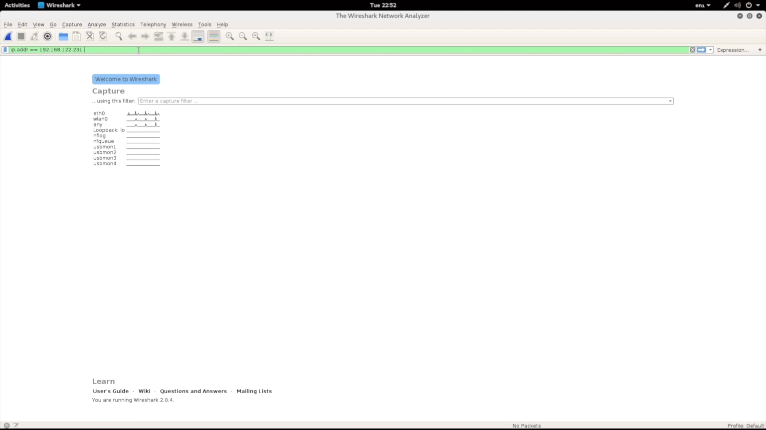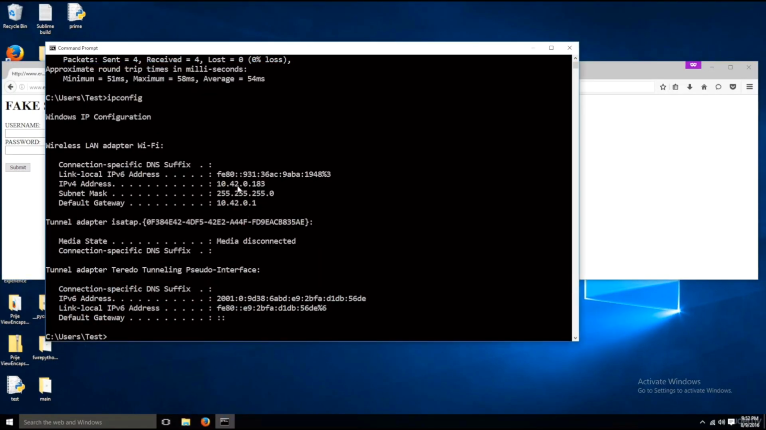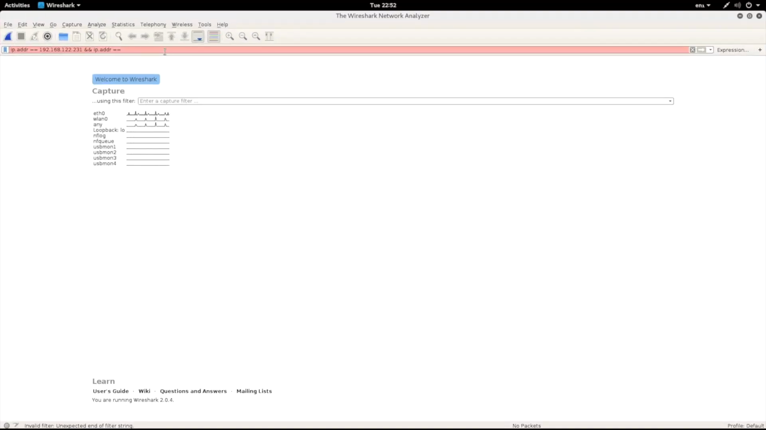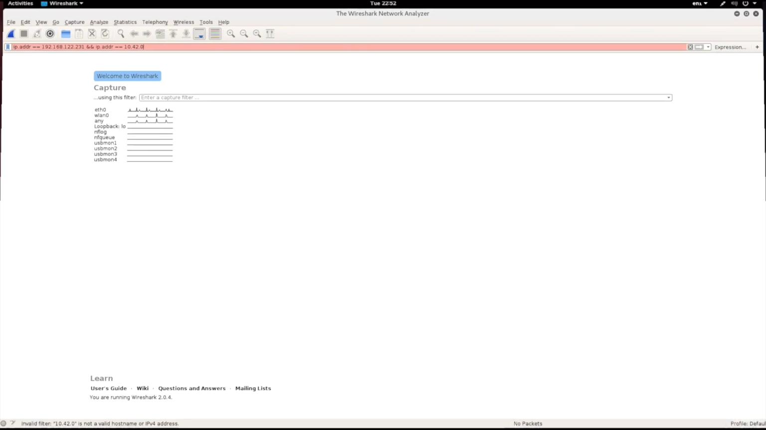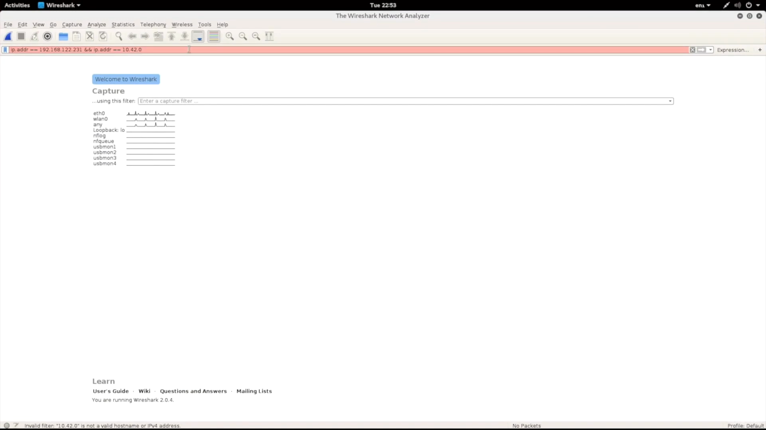So that's where the web server is running. And then I would like another IP address, so ip.addr equals, so this will be my victim machine IP address, 10.42.0.183. Excellent. So I'm going to go ahead and apply these two filters, press enter, and then I'm going to